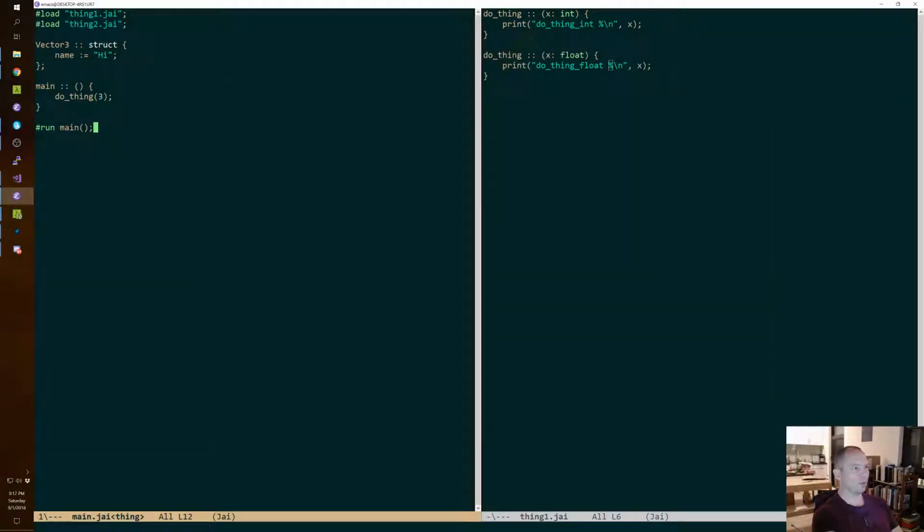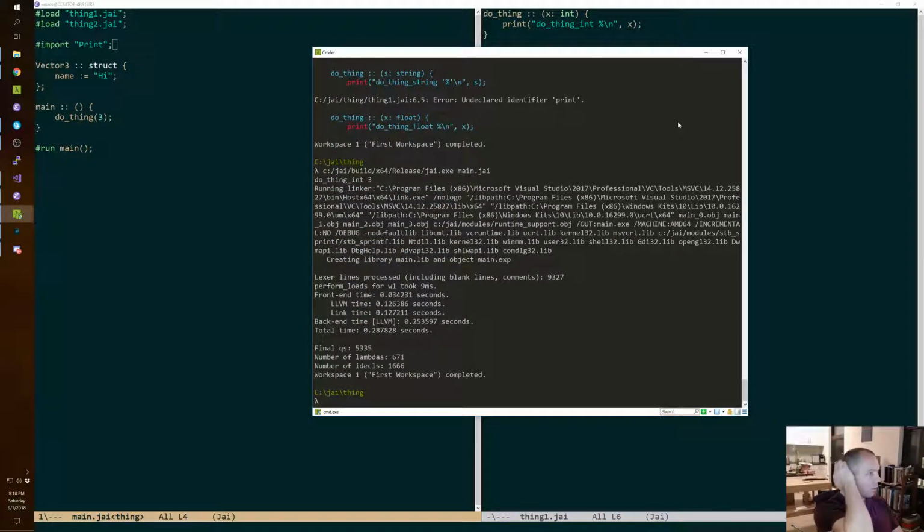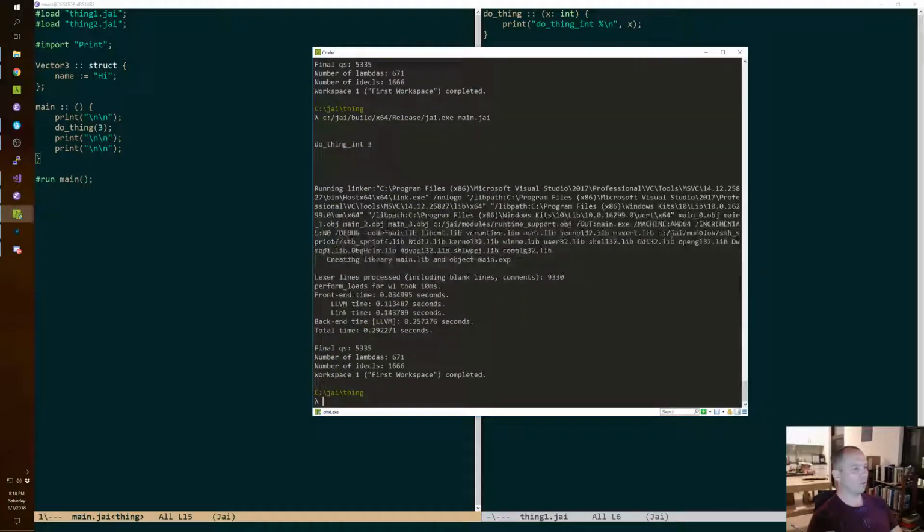Now we don't have print. I was going to not import anything. Very sad. Okay, do thing int 3. Let's print some new lines. Make it easy to see. There we go. Do thing int 3.